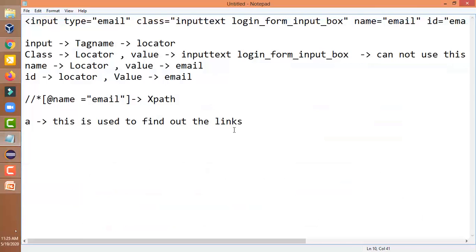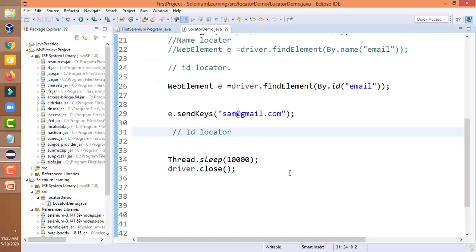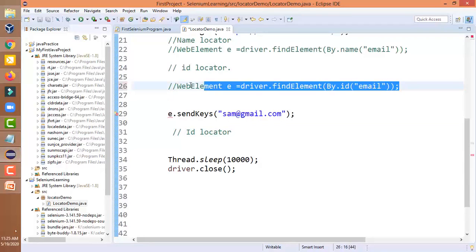Now the XPath has been successfully copied, so let us paste it here. This is the XPath that has been generated. Now you can copy this XPath, and if you want to use it in your script, let us comment out this line.